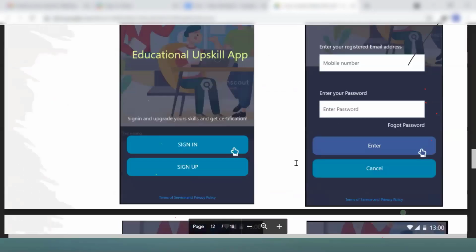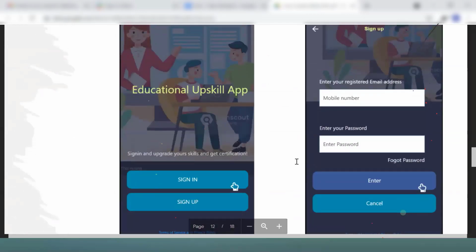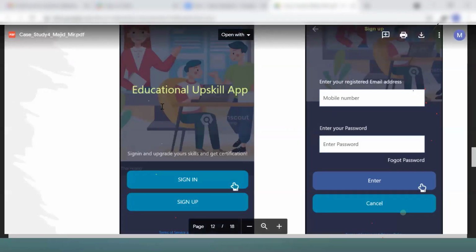Okay, this is a small prototype. Actually we do the wireframing with any tool you like. Even paper and pen is good enough to come up with the wireframe. But these days you have prototype tools.